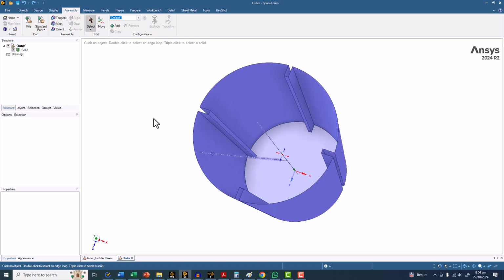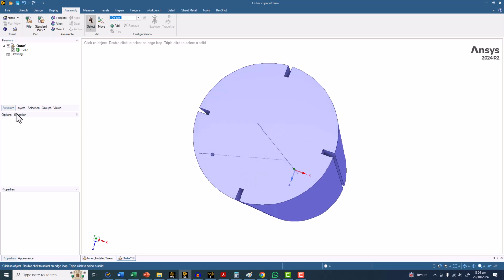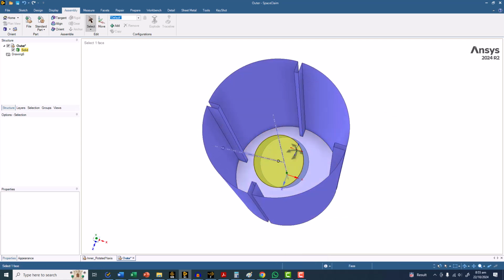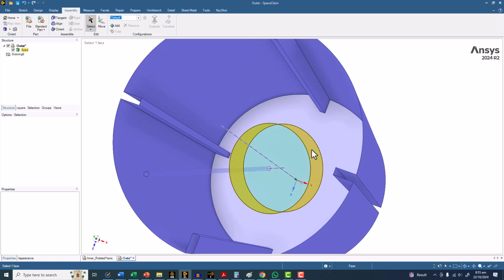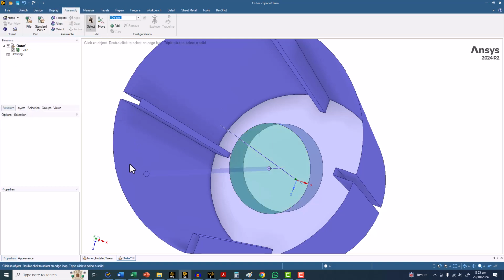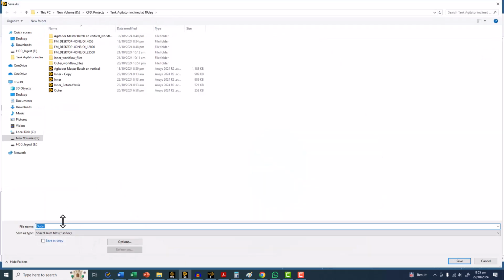Okay, so let me show you what I mean by this. This is actually the geometry, and the inner domain should be here where we have this. These are interface boundary conditions for the outer domain which is stationary, so they are going to make interfaces here. Now I will be saving this file with a new name. So this is the rotated